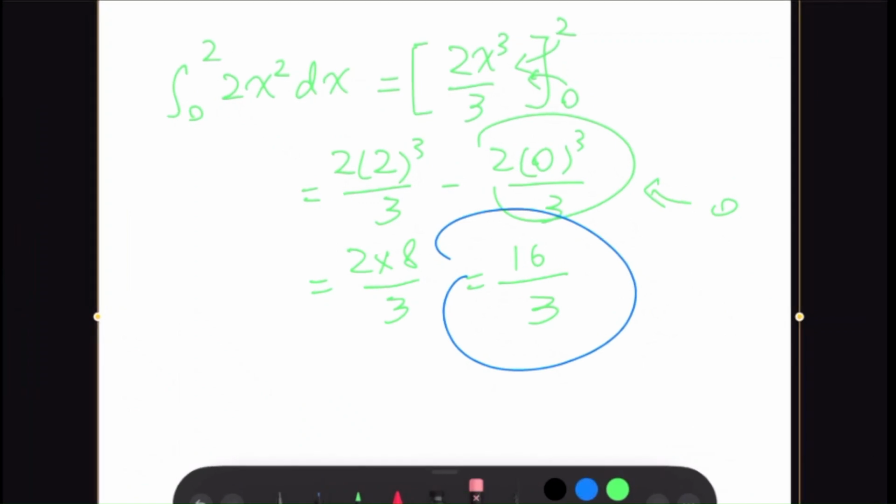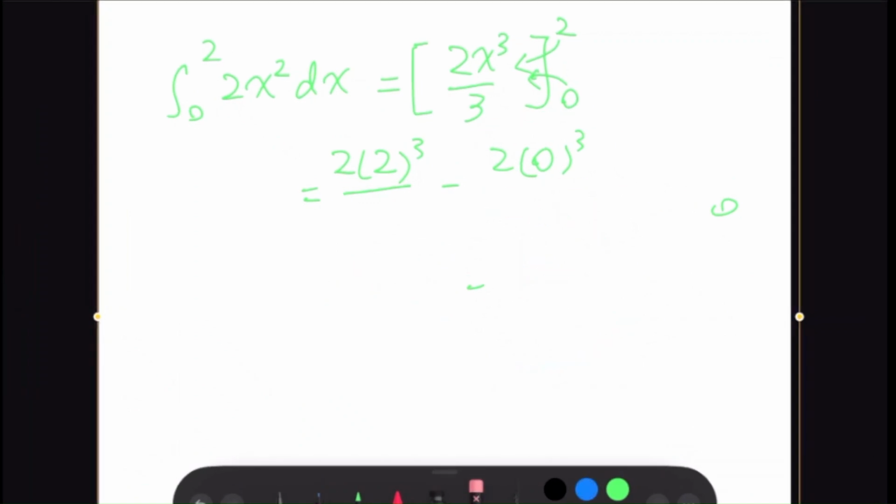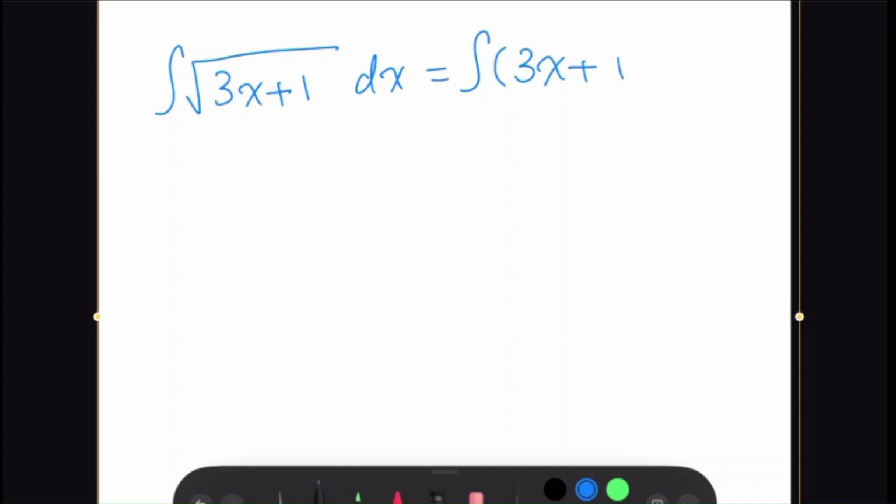So here's the answer I had, and so far all the integrals we have been doing are pretty straightforward polynomials. So let's see, what do we do here? 3x plus 1 dx, and the first thing we notice is that we can write surds as fractions like that, indices, and then